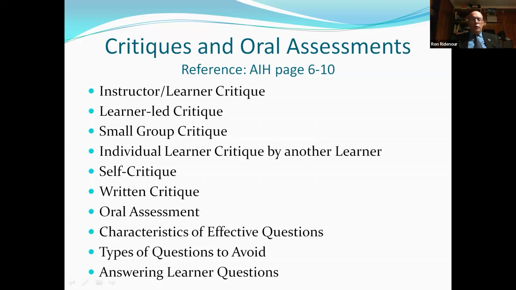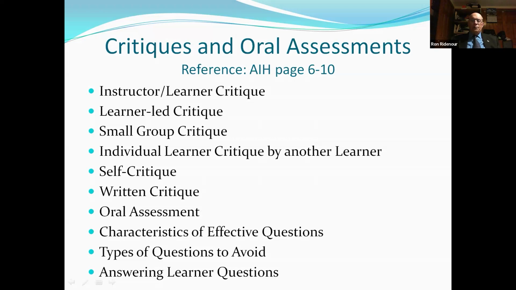So, oral assessment. Normally an oral assessment is the type of assessment that we use while we're giving flight instruction. I try to limit my oral assessment in the air to some extent so that they can concentrate on their flying and try to do most of the oral assessment on the ground. I have to remember what we did and try to do it in an organized fashion. But I try to talk more on the ground than I do in the air.